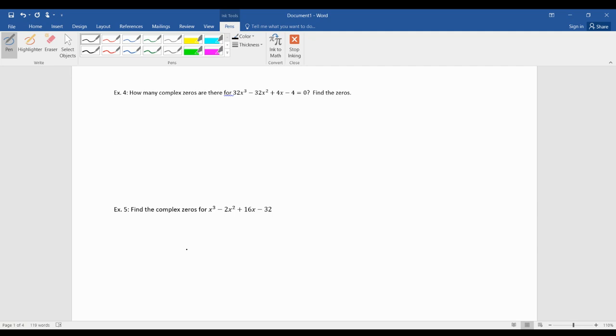We know that complex zeros travel in pairs. So it has one pair of complex zeros, so 2 of its zeros are complex. So the third zero must be real. So in order to find that, we do just like we did before, and we plug it into our y equals